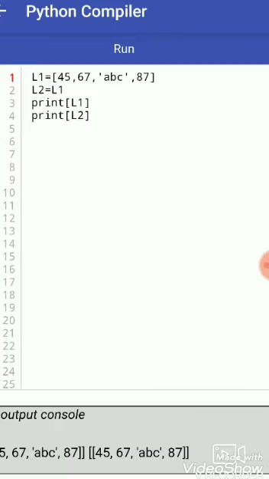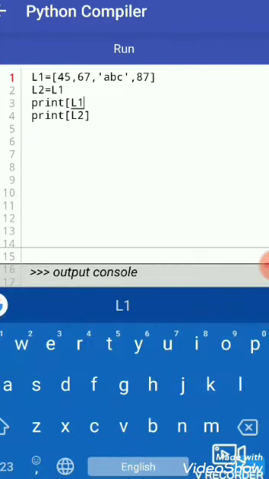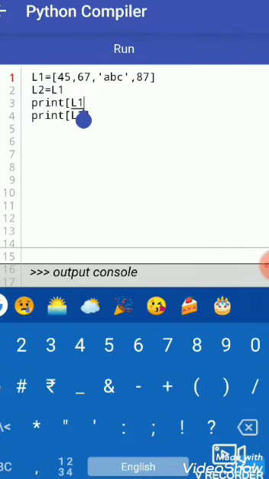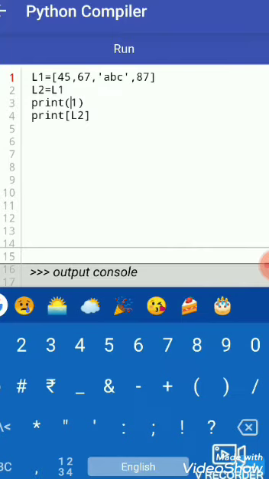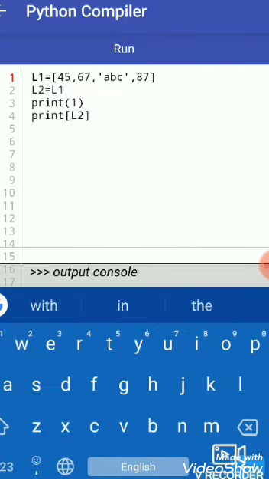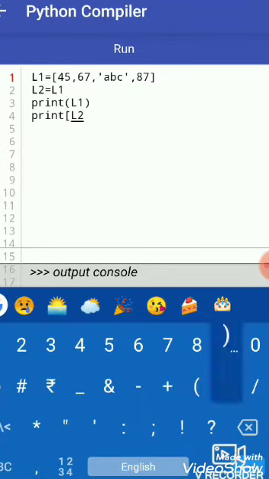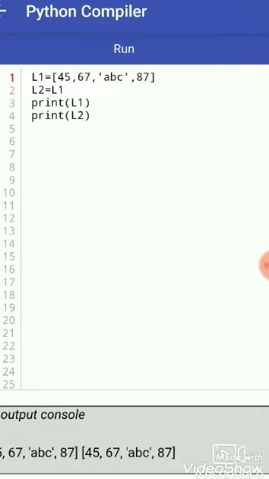Let's see what happened. Both lists are shown. Sorry, we are using brackets here. We print L1 and L2. When we run this, we get both the same.